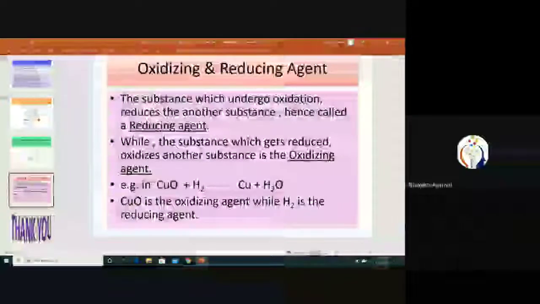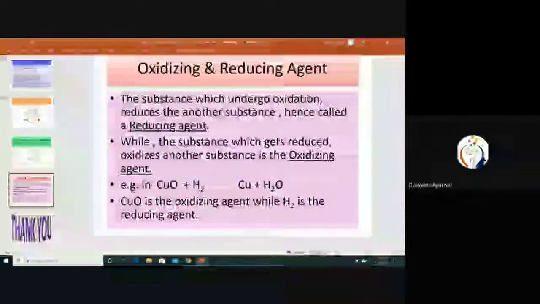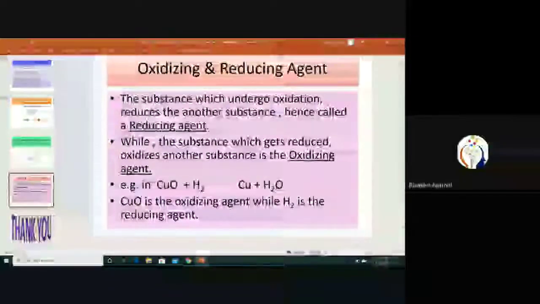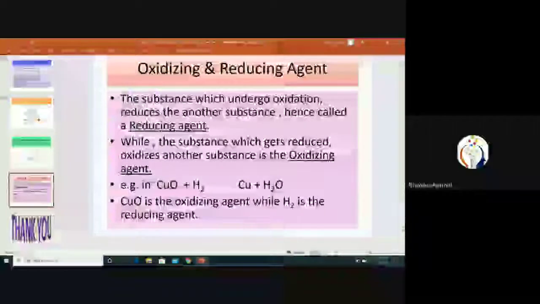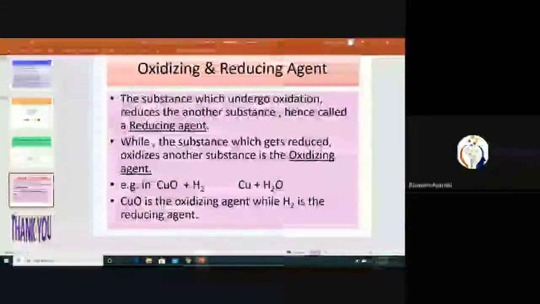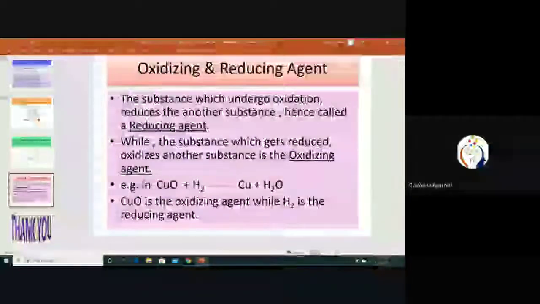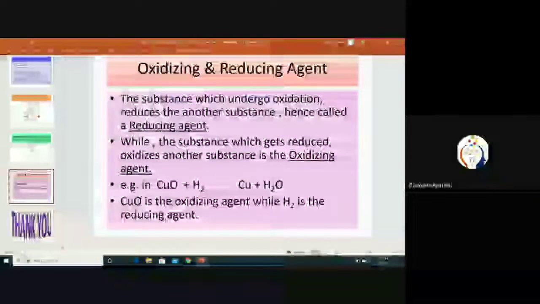So if you are asked which substance is being oxidized, it is hydrogen. Which substance is being reduced, it is copper oxide. But which is the oxidizing agent, it is copper oxide, and which is the reducing agent, it is hydrogen. So that's all about the